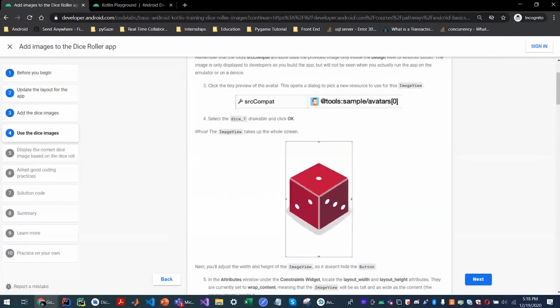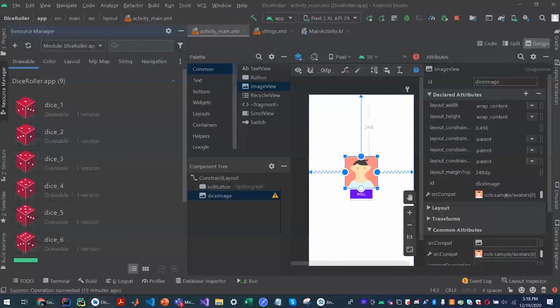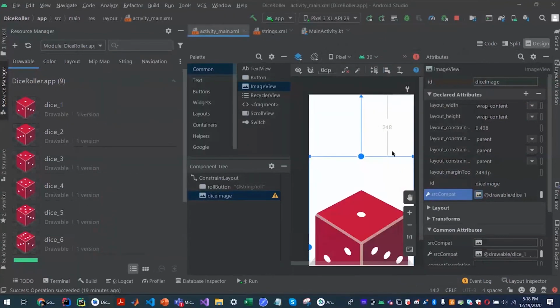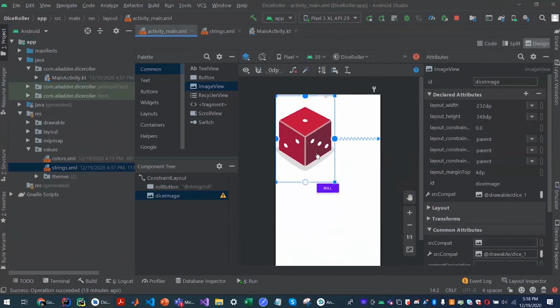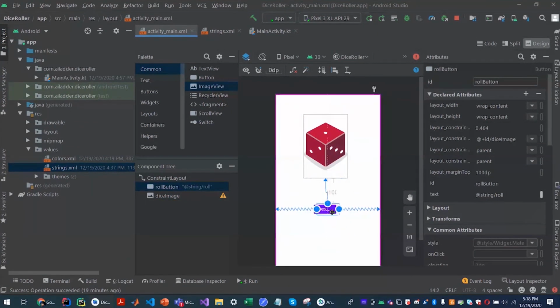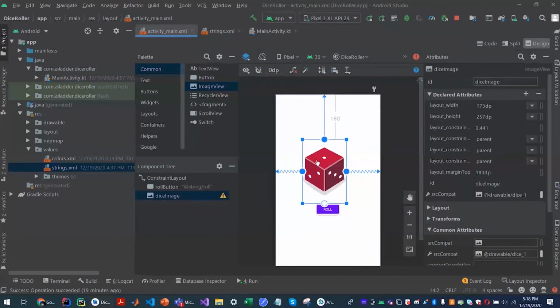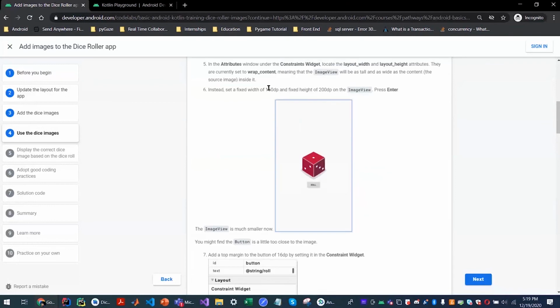So let's replace this image with one of the dice images just to see how it looks. You can choose any one. Yeah, it's a bit too big. Let's fix that. As you can see, they've given us a fixed width and fixed height, so we'll set that.